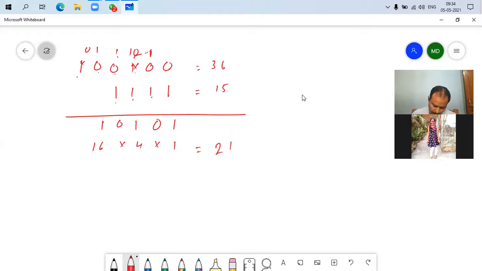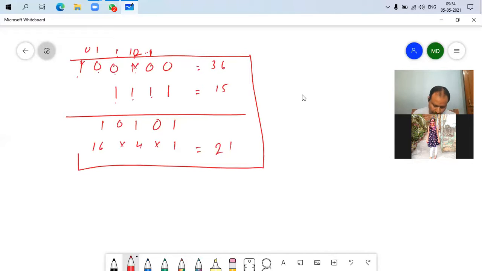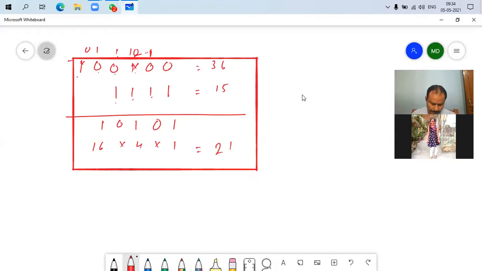Now see, we did it correctly. Last time कुछ गड़बड़ हो गया था. So you can understand how to use the borrowing method while subtraction. समझ में आया भी होगा, बहुत लोगों को नहीं आया होगा. So for that reason, you know what you have to do. You can revise it from the book or from the video.